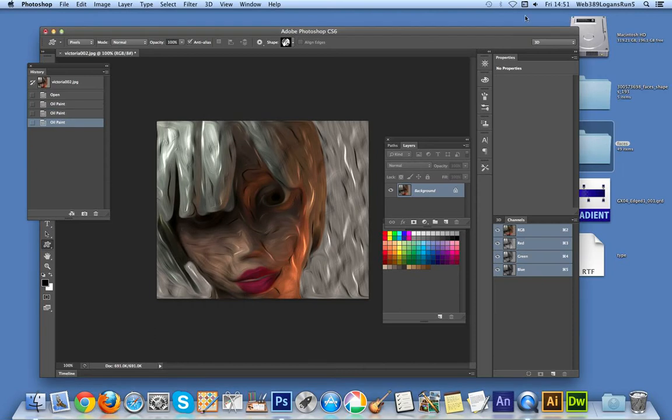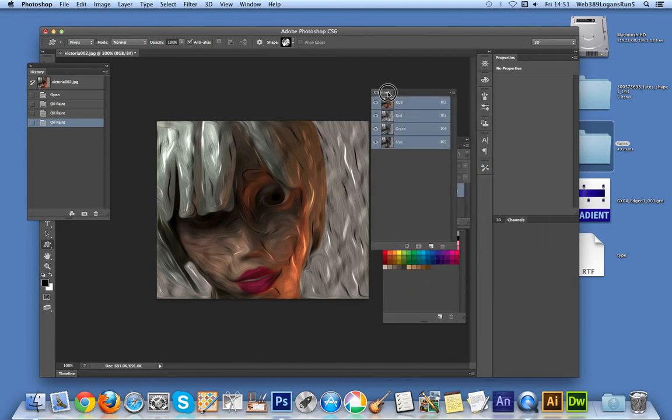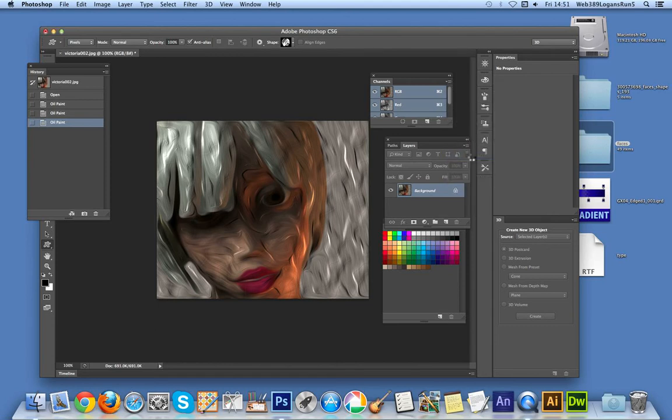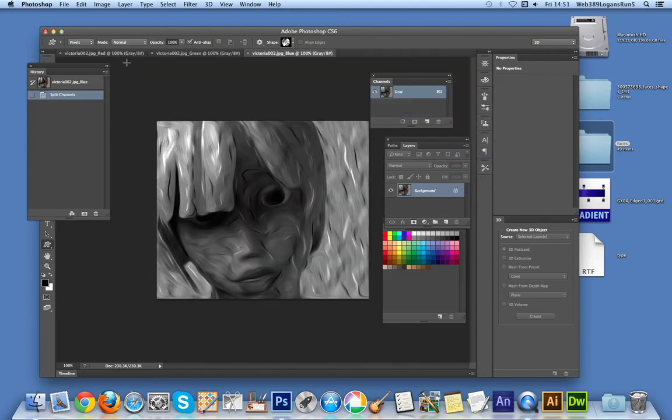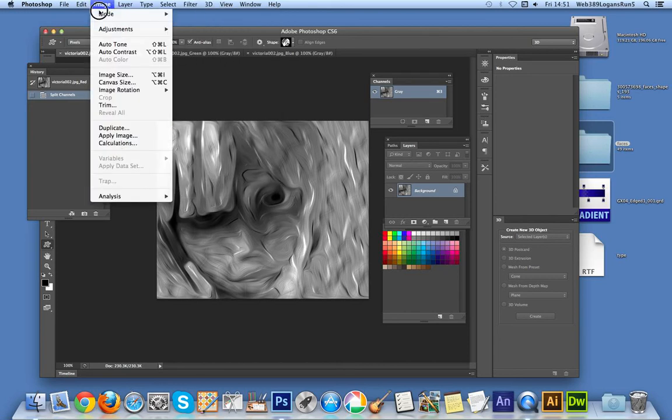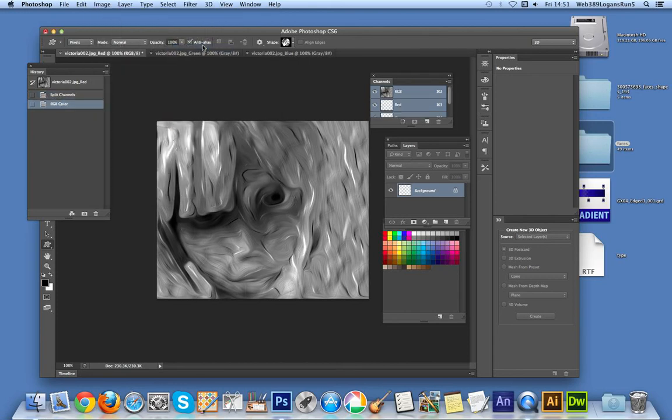But one thing that I like to do is go to the channel palette, channels, and I'm just going to split the channels now. And what happens then, you get the red channel, green channel and blue channel. And of course if you go to those, usefully, the oil paint is not enabled. Now, of course, a quick simple solution for that is set it to RGB,